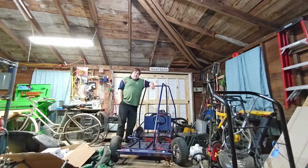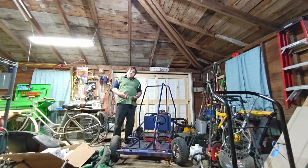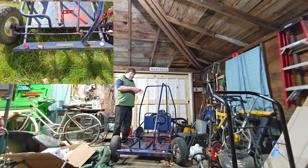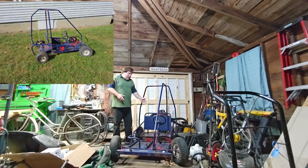But basically what I'm going to do is I'm going to have a shop, because I don't have the tools or the knowledge to do it. I'm going to simply have a shop cut the floorboards out, put thicker floorboards in, beef this frame up where it's a little bit more adult, can handle a big guy, especially a big guy like me that's over 200 pounds, and have them extend the frame out, which if you're not a good welder, you can potentially weaken the frame if you're not careful. But have a welding shop cut it,